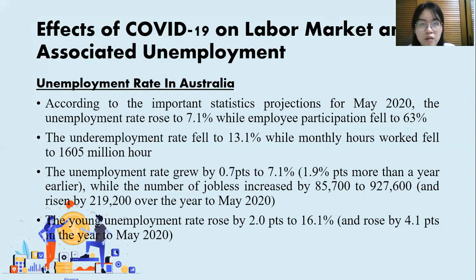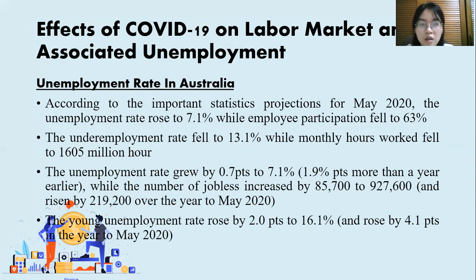To curb the development of COVID-19, Australia established substantial social distancing measures as well as other business-related limitations such as working from home, office utilization limits, number of persons per square meter, travel restrictions, and prohibitions on group activity. The government also introduced assistance programs such as JobKeeper and JobSeeker to address rising unemployment rates and job losses. According to the key statistic projections for May 2020, the unemployment rate rose to 7.1%, while employee participation fell to 63%. The underemployment rate fell to 13.1%, while monthly hours worked fell to